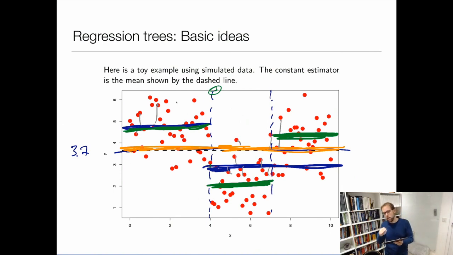It's something which moves, but at least it's only going down. And then the more complex function would be the green one, which goes kind of down and then up again. And I could also go further. I could do 4 splits, 5 splits. I can do up to n splits if there are n data points, basically. But the basic idea here is that the more splits I do, the more nonlinear the